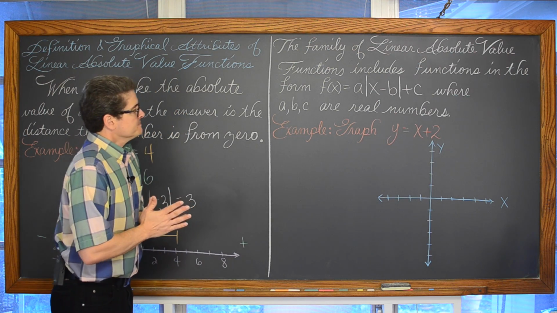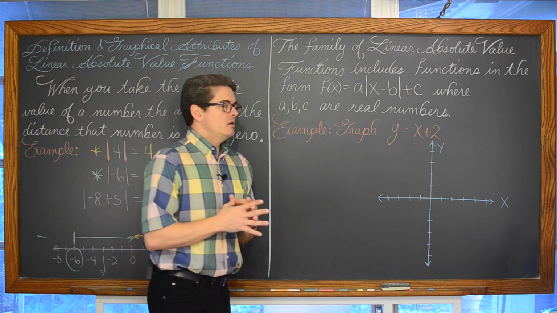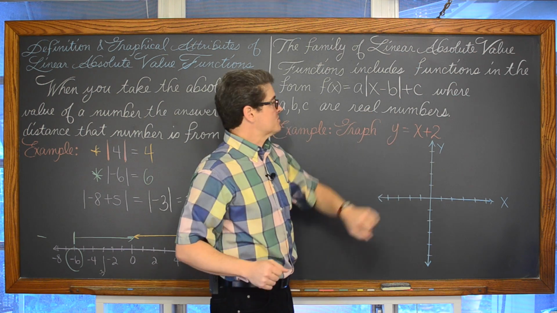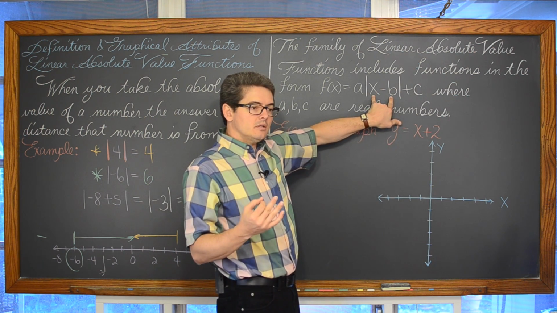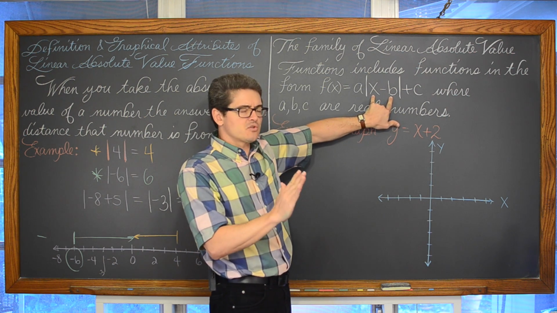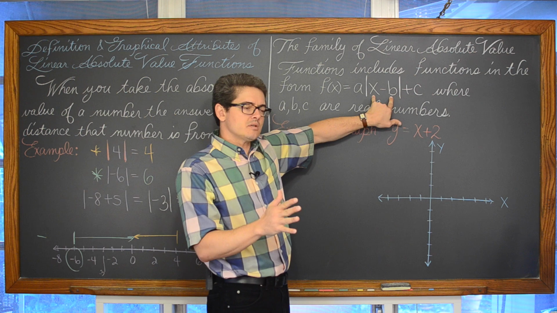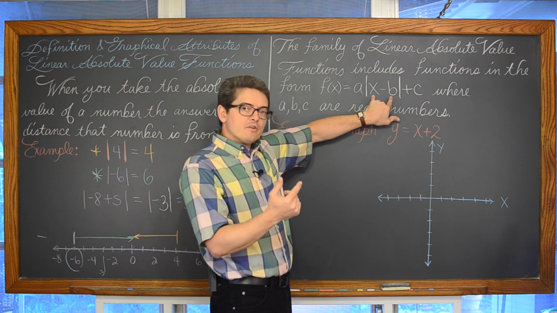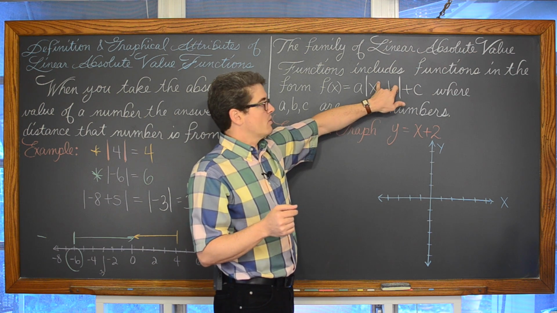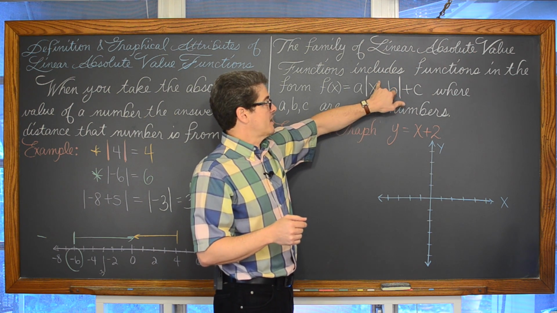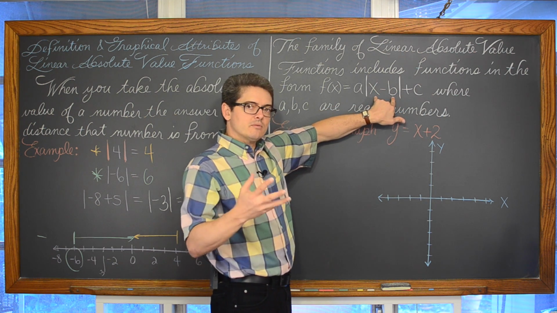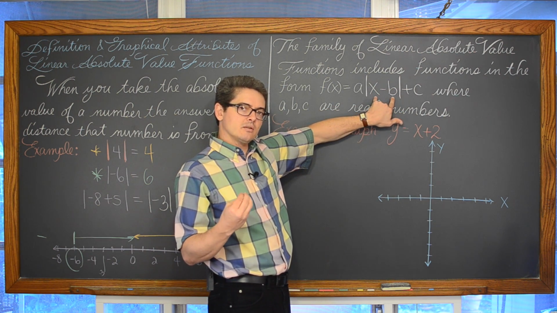It's called a linear absolute value function because the expression inside the absolute value is a linear polynomial. In algebra, that's all we're going to be dealing with. You can have all kinds of functions in an absolute value symbol. You can have cubic functions where you have a polynomial with a degree of 3. You could have a quadratic where the degree is 2. In this case, we're going to be specifically looking at linear functions. We gave a good definition of a polynomial in the previous lesson.